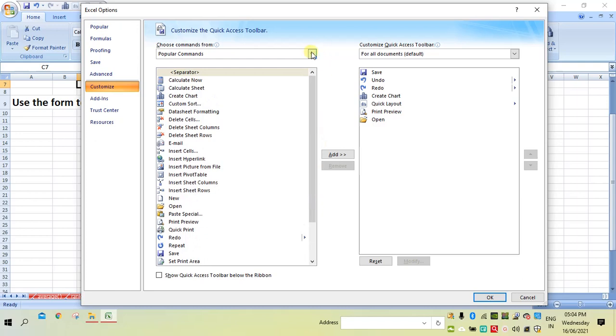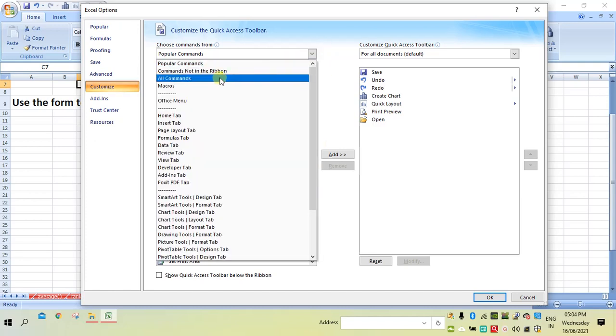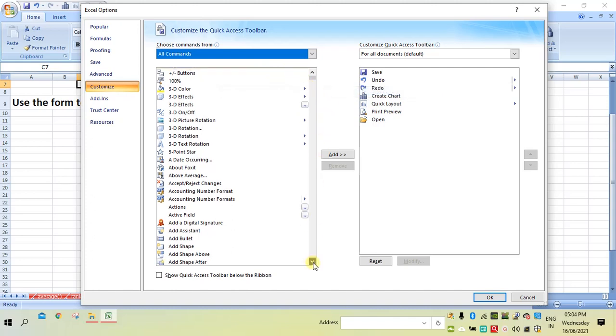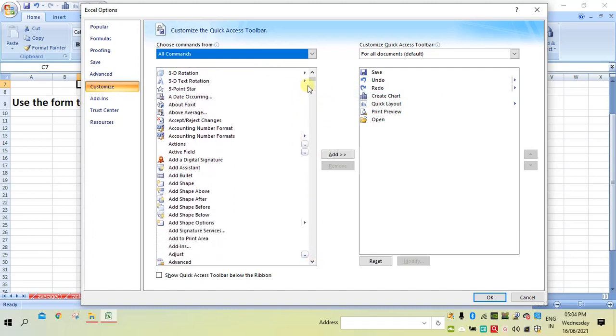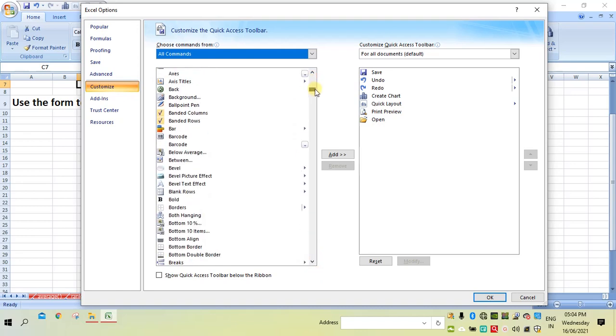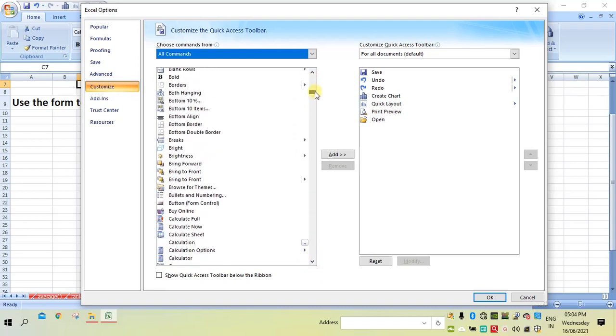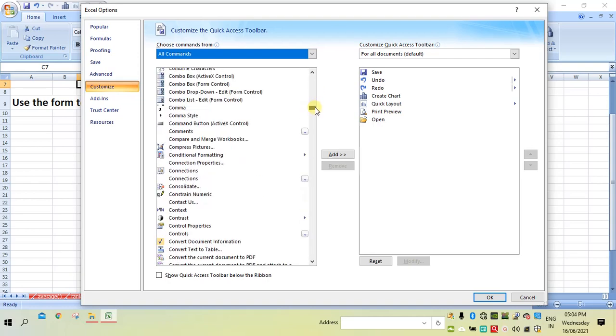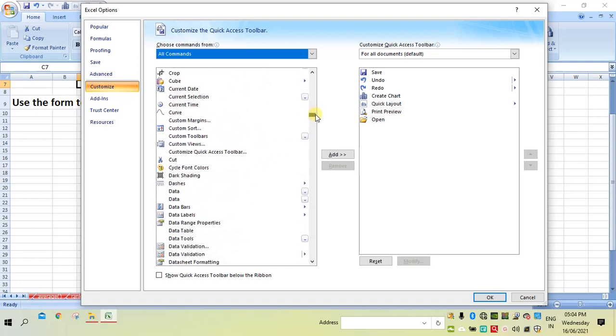you click here and then select All Commands. In All Commands you will definitely get the option Form. So here the form will be there. I will select it and add it to the quick menu so that later I can use it for form entry.